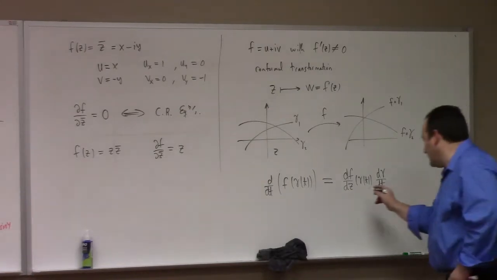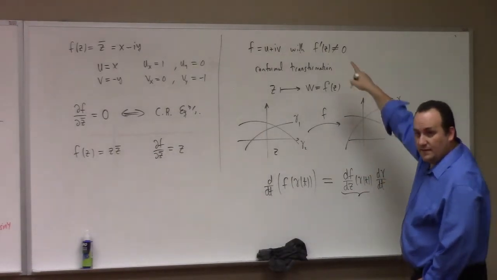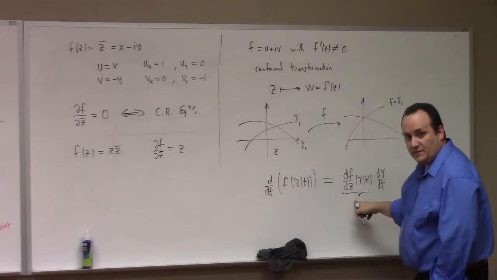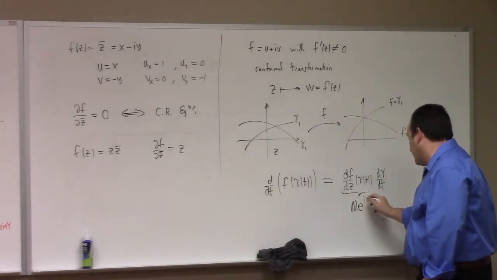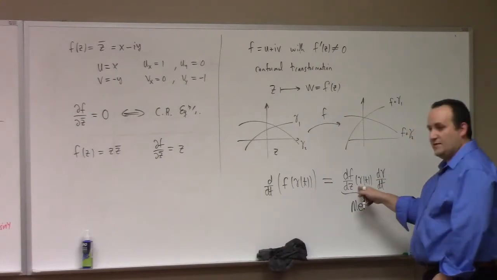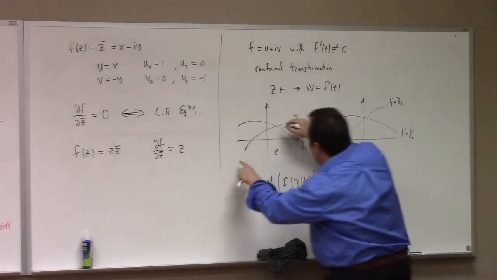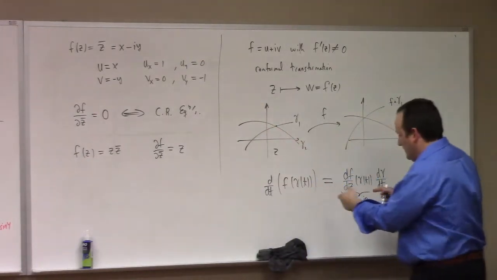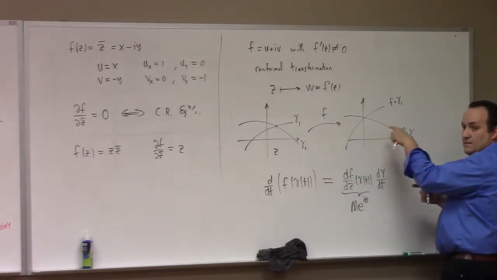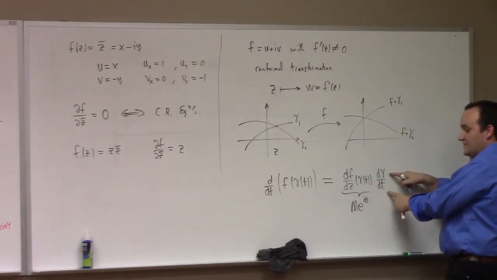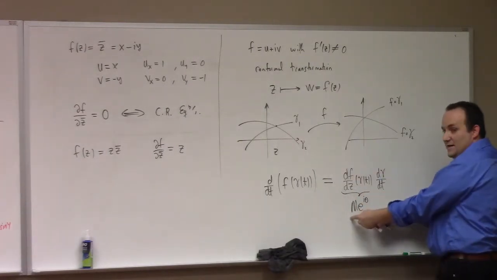So this, whatever it is, if f prime of z is non-zero, then this is just a non-zero complex number, which means it's something like m e to the i theta. Whatever it is, it's a fixed complex number. And whatever two paths you have that go through that point, if you look at the derivative of the path over here, the velocity vector is related to the velocity vector of the path over there by multiplication by a fixed complex number,